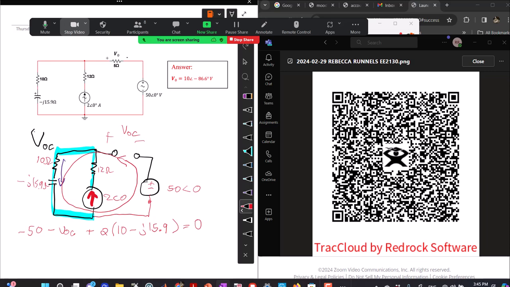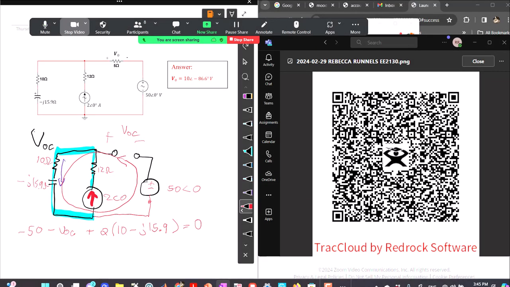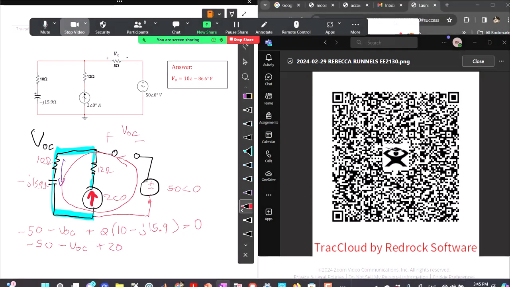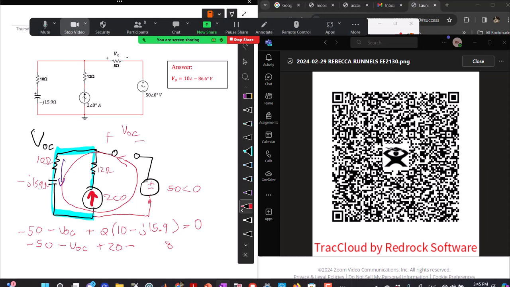Does that look good to everybody? So minus 50 minus V open circuit plus 20 minus